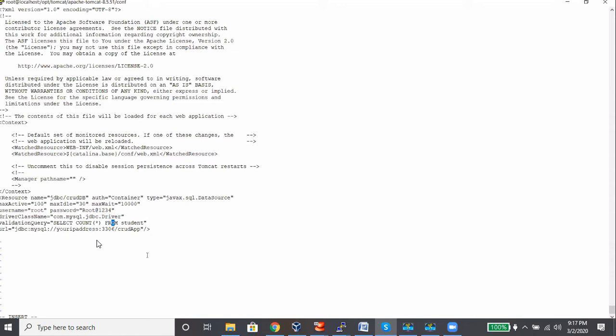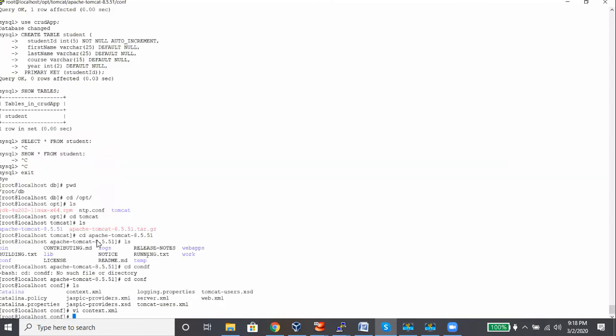And select star from the student table, and this is the IP address of MySQL: 192.168.1.207, and 3306 is basically the MySQL port number. Escape, :wq. Because you changed something in the configuration of Tomcat, you need to restart the service.